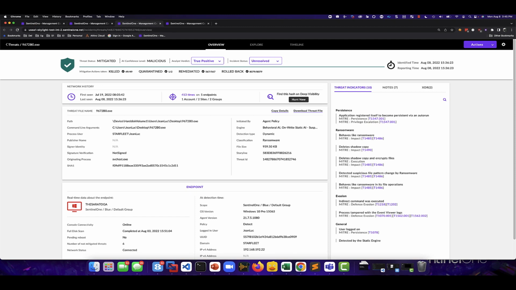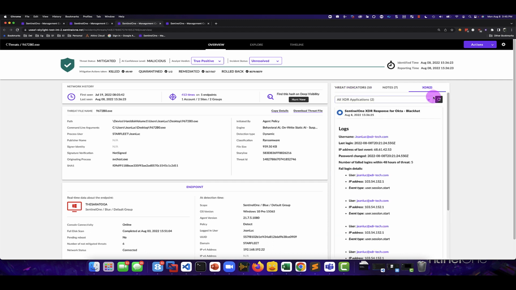Now for the next portion of our demo, we're going to show how quickly we can now triage the extent of this attack. If you remember, our attacker managed to successfully ransom several machines using a domain administrator's account. So the question is, how did the attacker originally get on to the domain controller? One of the things that SentinelOne is doing is it's automatically enriching each alert with data from other tools inside